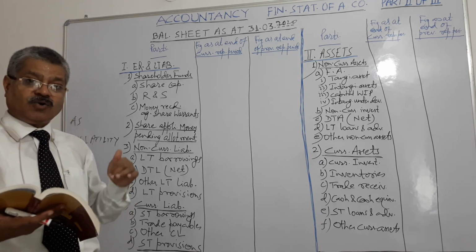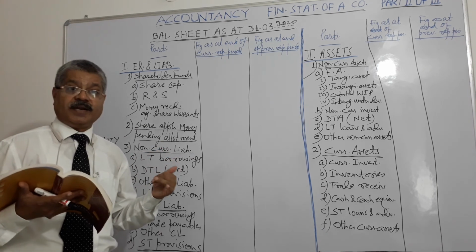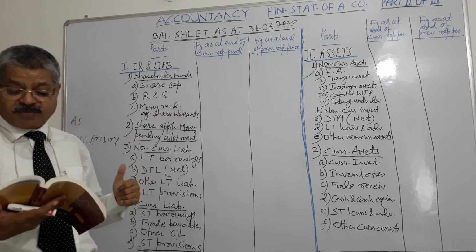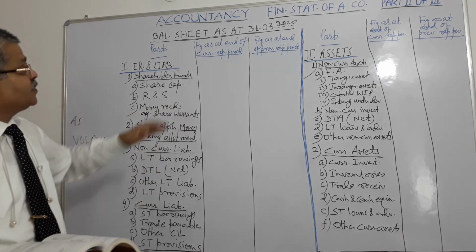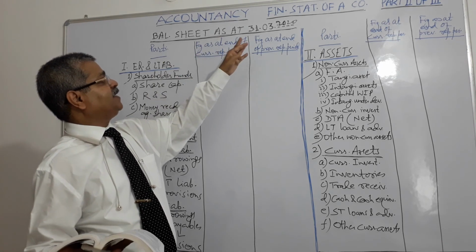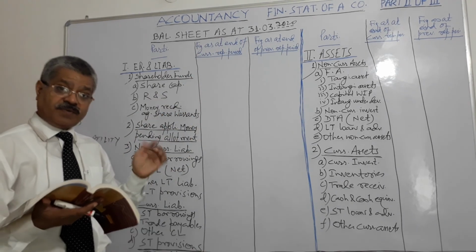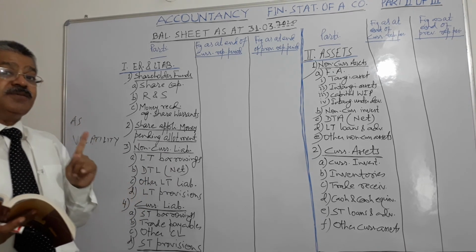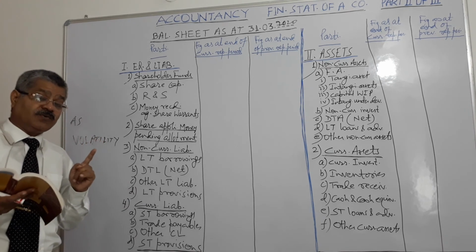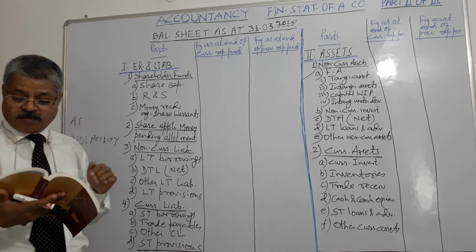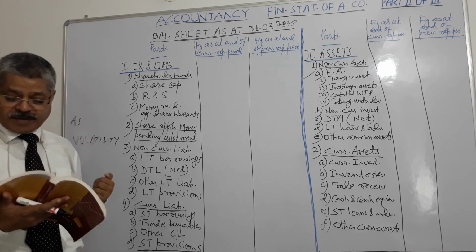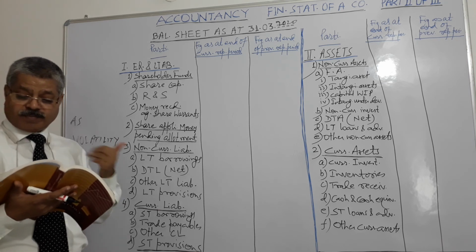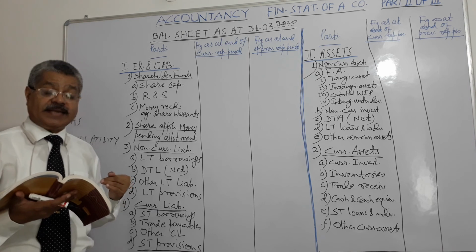Preliminary expenses are to be written off completely in the year in which such expenses are incurred. Suppose they are incurred during FY 2019-2020, they need to be written off during that year itself. They should be written off first from securities premium. We have already discussed what is securities premium, right? First they need to be written off from securities premium, and the balance, if something is still left for writing off, that should be written off from the statement of P&L, right?